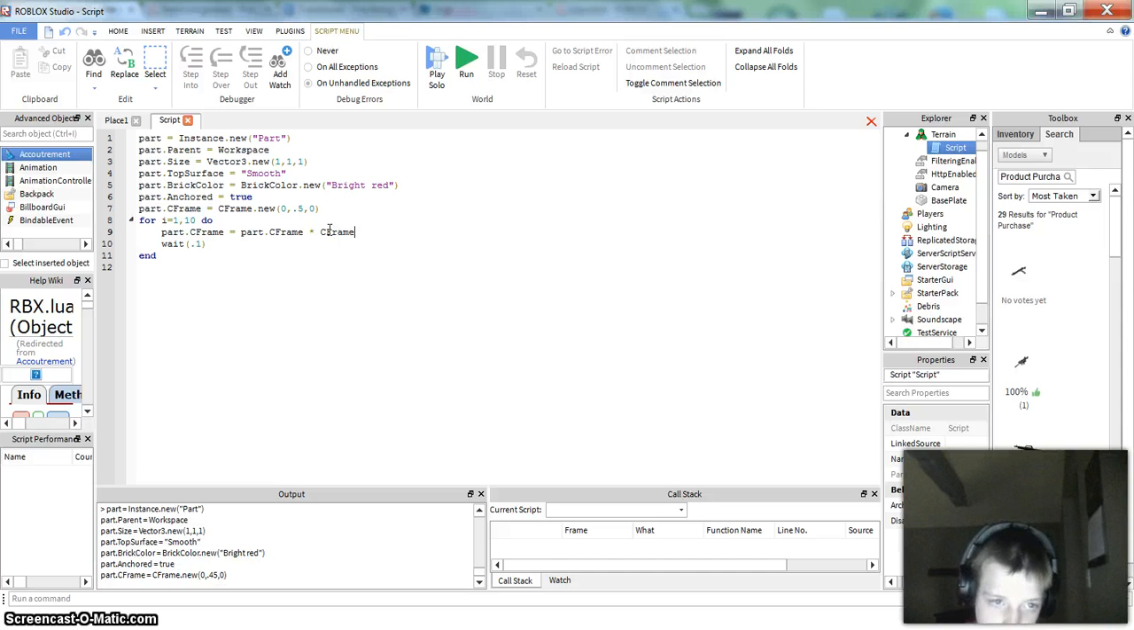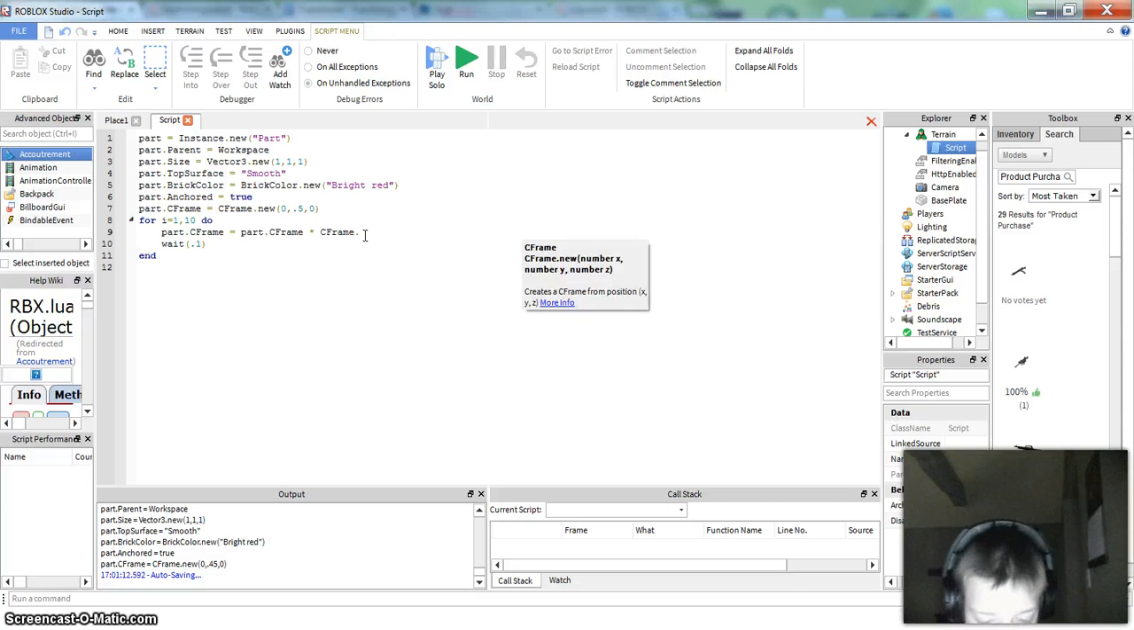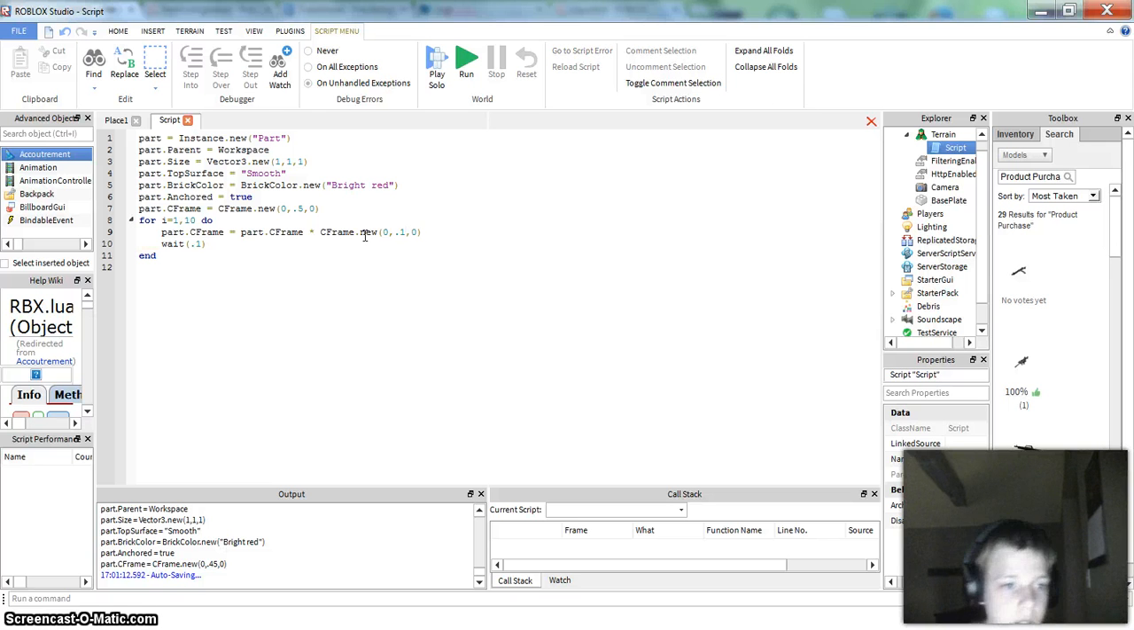Part.cFrame equals part.cFrame, which was again returning the part's cFrame value, times cFrame.new. We want to increase it by 0.1. So part.cFrame equals cFrame.new 0, 0.5, 0,